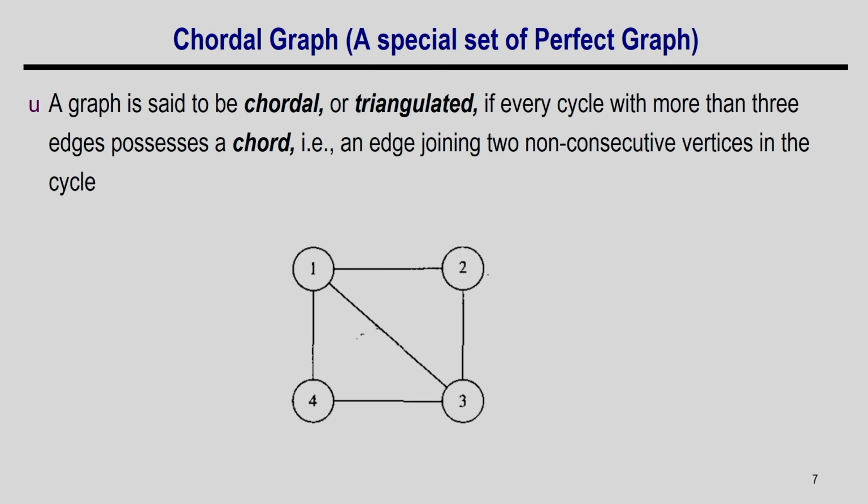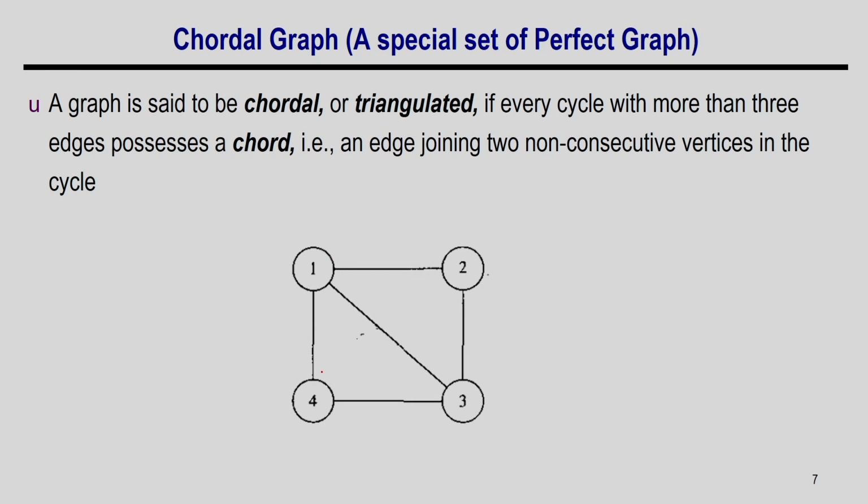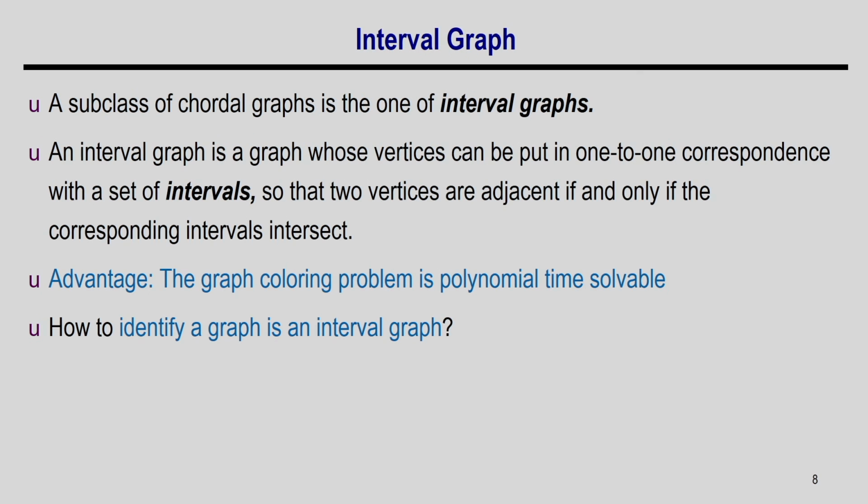Then we discussed that for a specific class of graphs, this problem is actually polynomial time solvable, and we found that if the conflict graph is chordal, that means if in the conflict graph there is an edge cycle of at least 4 nodes, then you always have an edge, a chord, right. So, this is a cycle of 4 nodes, we have a chord there, right. So, if that particular conflict graph is chordal, then we found that there is another subset of the chordal graphs, which is the interval graph.